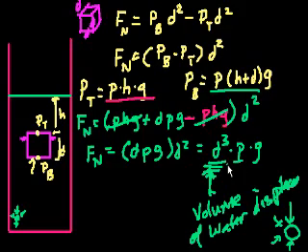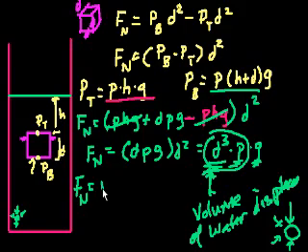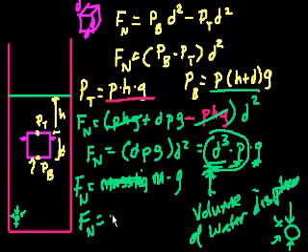This is what? This is the density. I keep saying water, but it could be any liquid. This is the density of the liquid. This is the gravity. So what is this? Volume times density is the mass of the liquid displaced, right? So the net force is also equal to the mass of liquid displaced times gravity. Or we could say that the net force acting on this object is, what's the mass of the liquid displaced times gravity? Well, that's just the weight of